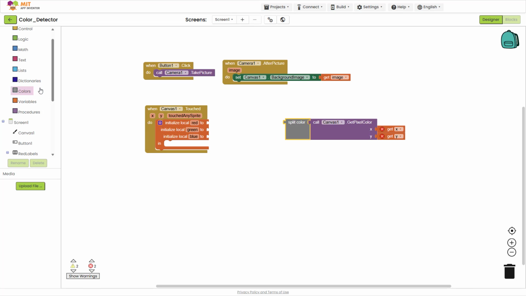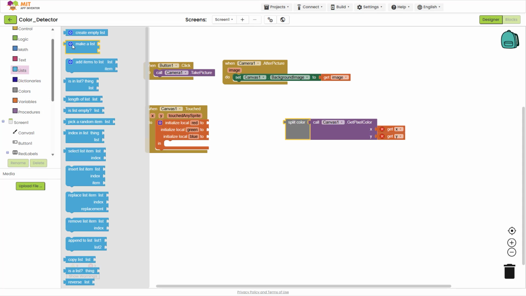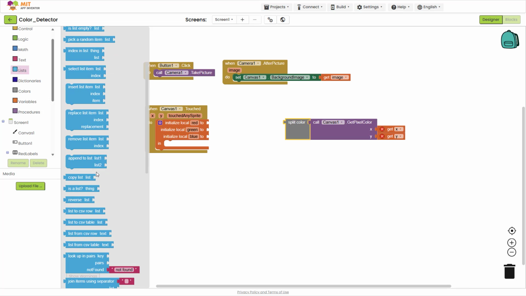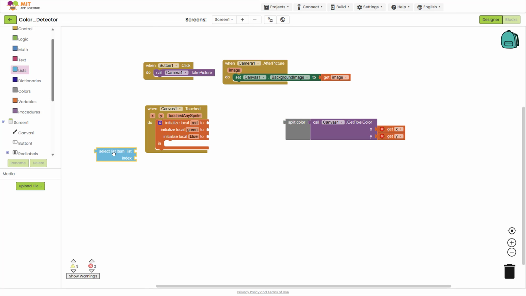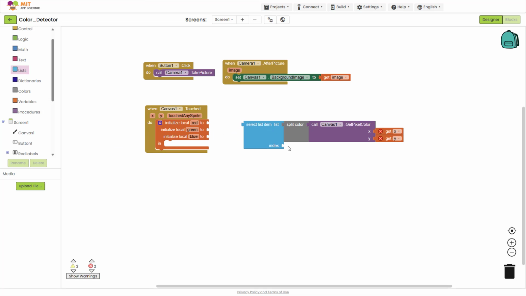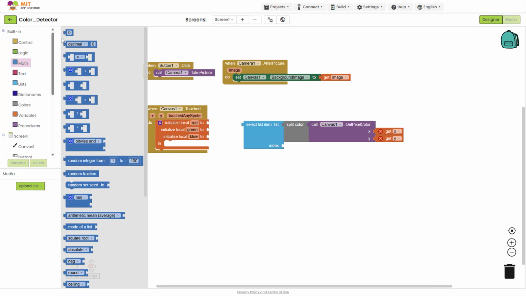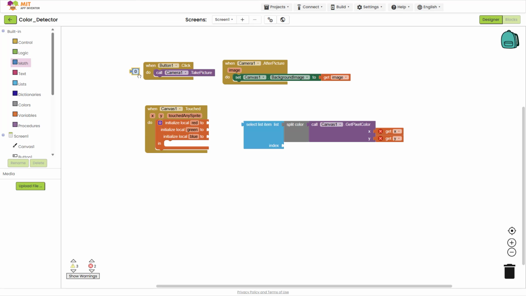Then we are going to go up to Lists and find Select Item in List, which is right here. I'm going to snap that to our split color block, and then we need to add a number for the index. This list is going to have 3 numbers in it. We want to grab the first number for red, then the second number for green, and the third number for blue. So we do that by going here to Math, and just grabbing the very first block, which gives us a constant number, snap that to index here on our select list item block,